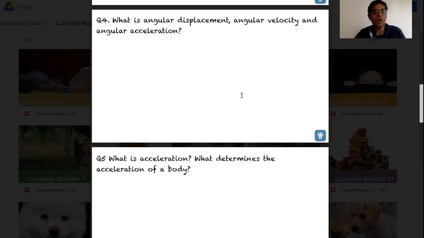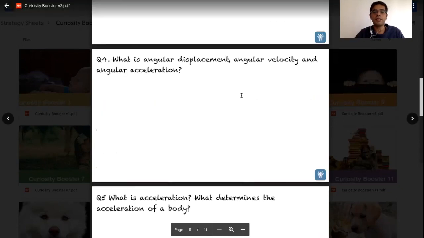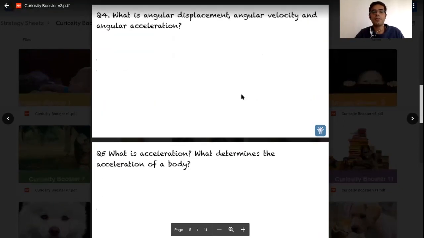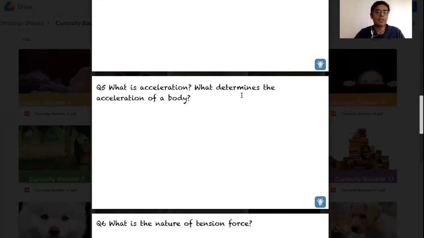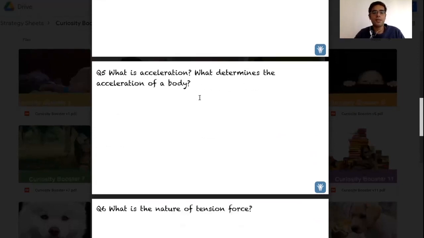Let me assign you a homework on this. The homework is to identify the direction of angular displacement, the direction of angular velocity, and the direction of angular acceleration, and let me know over the Slack in the 30-day challenge. Do this after researching about the direction of these. Okay? So what is acceleration?